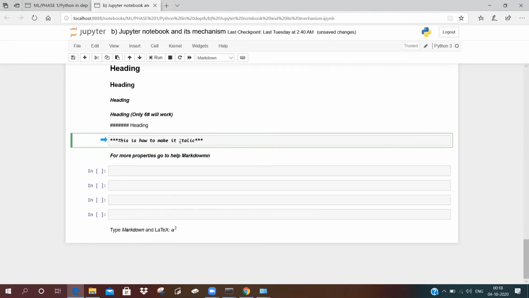If you just want to highlight a word and make it italic, then you can put an asterisk before the word and at the end of the word. And again, if you want to make it a combination of bold and italic, you need to add 2 more asterisks at the beginning and 2 more at the end.